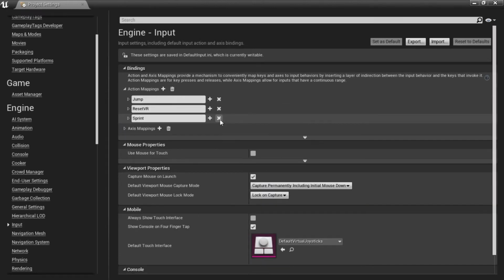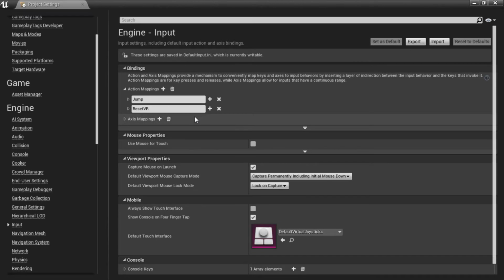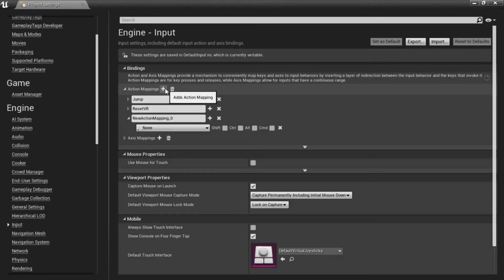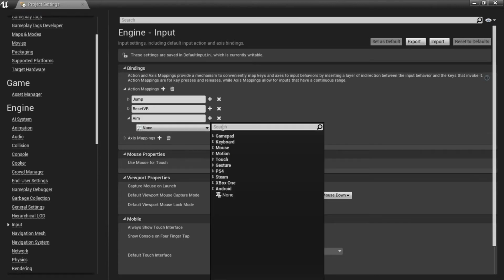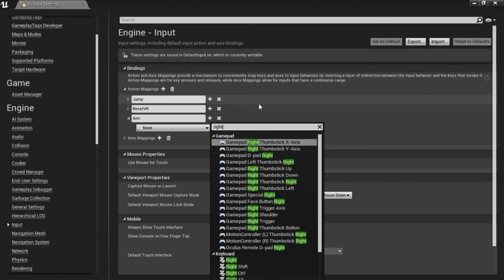I already added them when I made this previously, so let me delete those. This is what it probably looks like for you, so we're going to add a new keybind. Click the little plus sign over here and let's rename this to aim. And you can fill in the key you want to use, or the button for the gamepad or your mouse or something like that. I'm going to use right mouse button